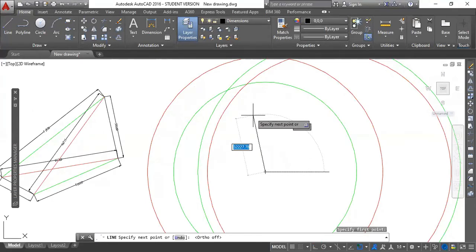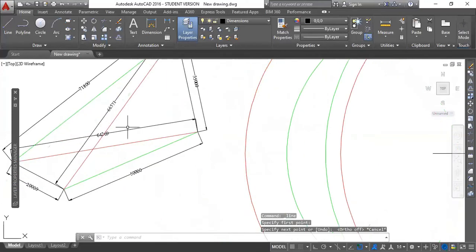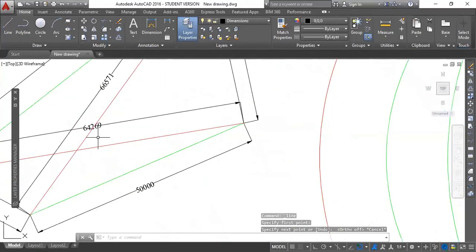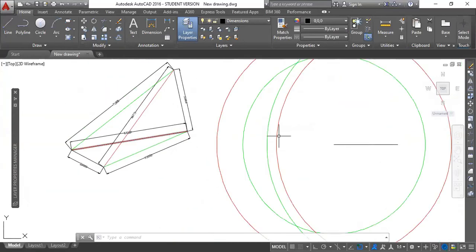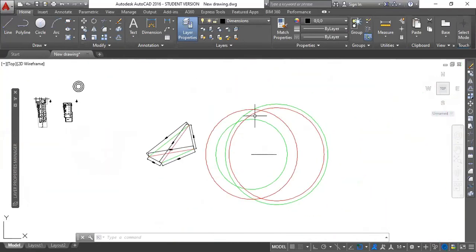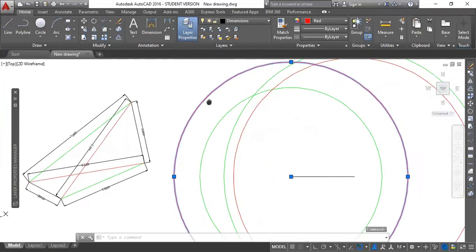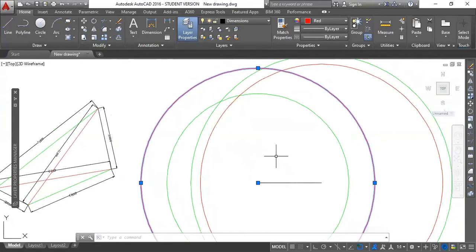So I know that there is a side of 50 meter which is intersecting with the diagonal 64.269. So this is my 64.269 meter radius, and the circle for 50 meter.